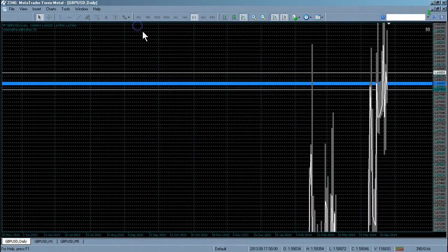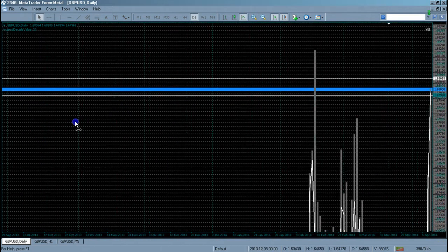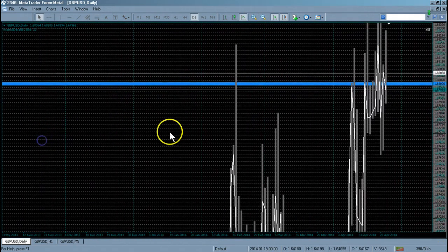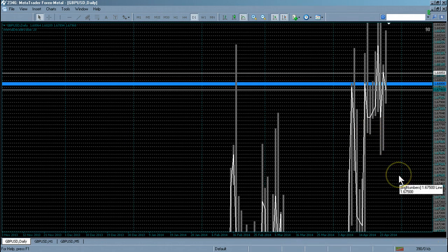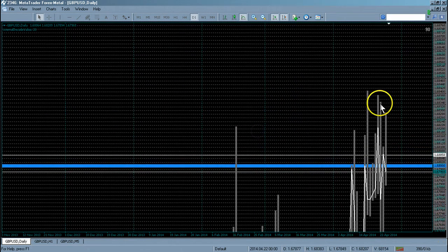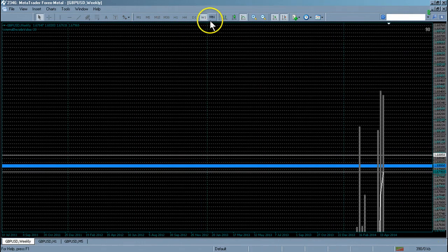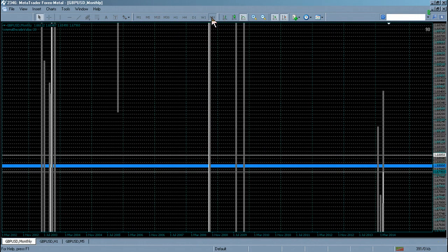Okay. Now, this is hard for people to get their brain around. I think it is for me. All day long, I can't get my brain around this. This is a 2 pip window here. Now, if you're trading on the edge of the market, which is the lowest risk entry here, think about this. This is like 10 pips. Look at that. That's the daily chart. Now, if you go to the weekly, and then you go to the monthly,